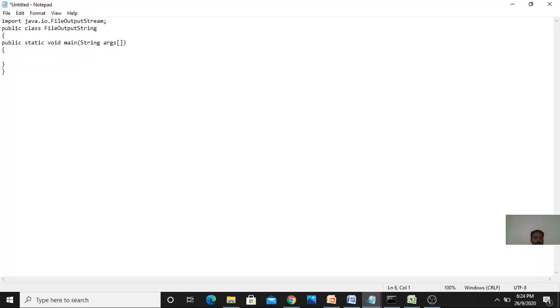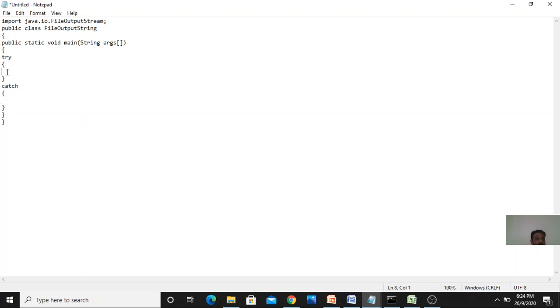Okay, so I will use a try block. I want to handle the errors, so I will use try and catch, the features of exception handling. Try is used to write the code and catch is used to handle the errors thrown by the try. In the try block there will be some code. If there is an error, then catch will automatically handle this error.